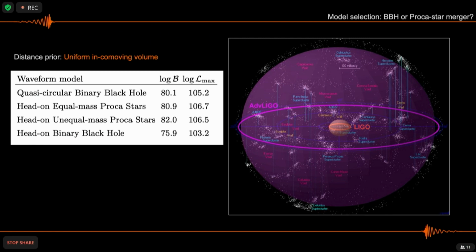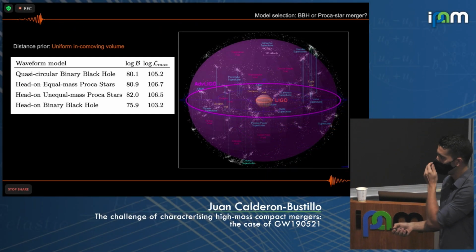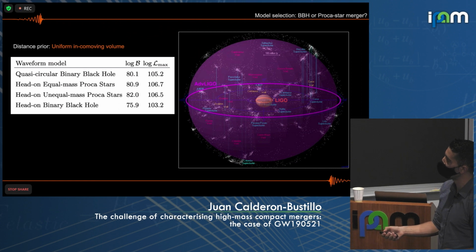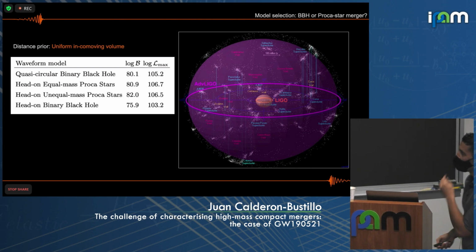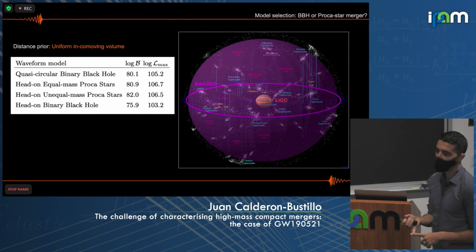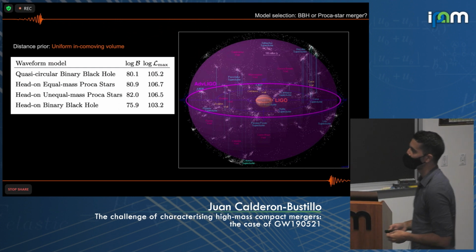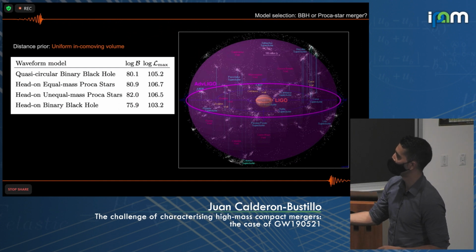You can estimate whatever parameters you want, but then you need to actually say whether your model is preferred to the vanilla circular black hole one. So when I do so, I, of course, look at the log evidence or the log Bayes factor for each of the models I have at hand. But it's also useful to look at the maximum likelihood you get, because this log Bayes factor is basically bounded by this value. And if you do so, you can understand whether a large or small Bayes factor comes from a poor fit of your model or just from prior effects, such as your parameter space being too large. And I will talk about this in a second.